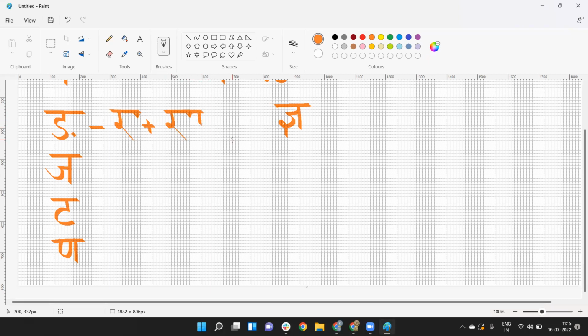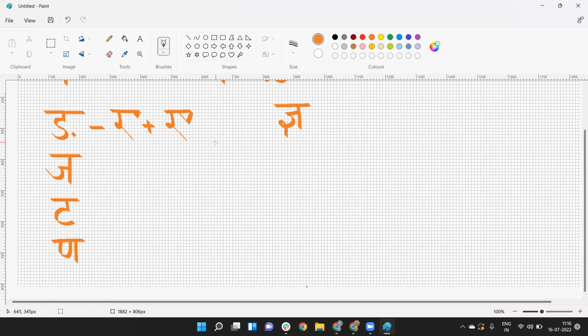I think it is pretty much clear when you look at this image. Why? Because it already has something at the corner, where the Shirorekha is ending. So putting this matra here at the end, it's not looking right and it's grammatically not correct in Sharada lipi. So what we do instead is this triangle gets converted into a wider triangle,